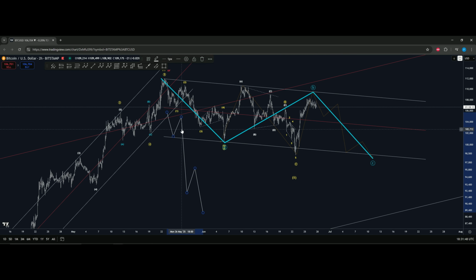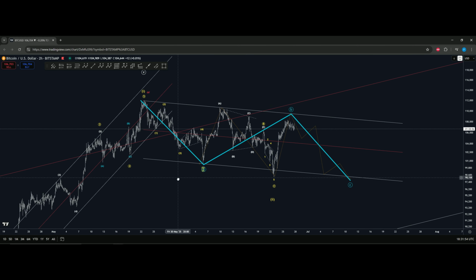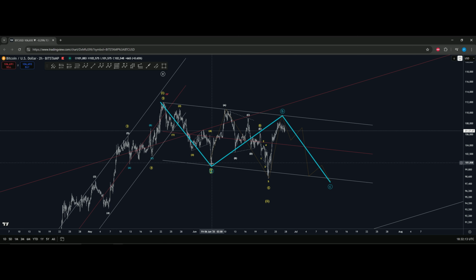So we have to be open-minded when we look at this structure, right? Open-minded in a sense, it can be a 5, it can be a corrective 3, but having a clean 1, 2, 3, 4, 5 swing, I'm still going to label it for the moment as a 5. So if we have a 5 here, then we need a corrective, let's say, and then we know that we get a 5 there, if this is A, triangle B, and an expanding diagonal according to the new rules, this is a valid one, and a disgusting one, I have to be honest.